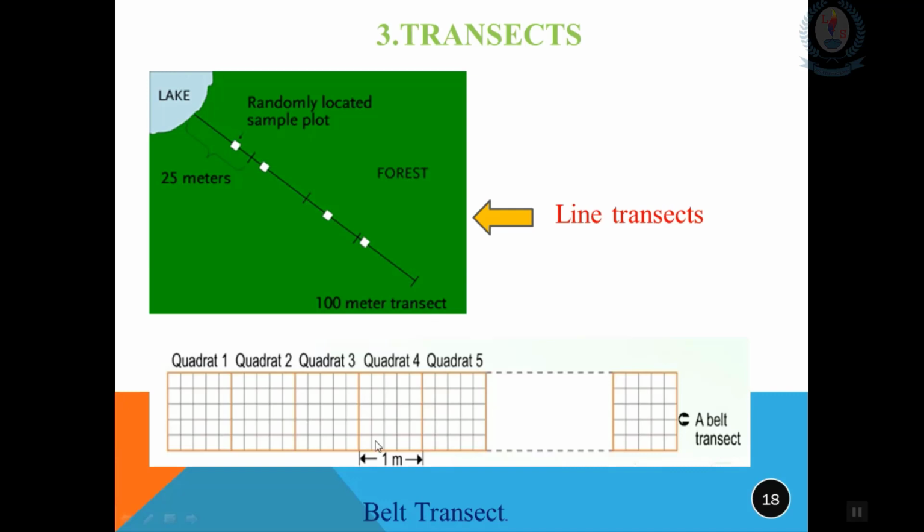When dealing with a belt transect, you use 2 tapes and stretch them on the ground, and between the 2 tapes you can do your survey. You can use quadrants for systematic sampling if you place them along a tape to form a belt transect like this. We can use transects to investigate whether a change in the distribution of organisms is linked to a change in an abiotic factor.